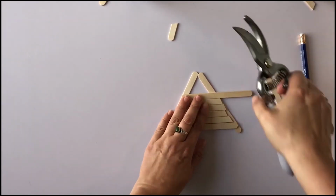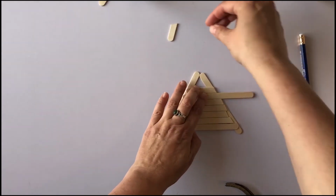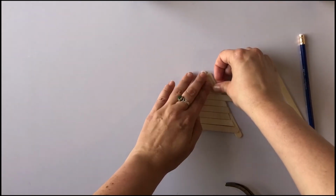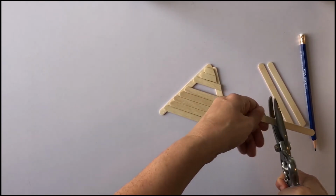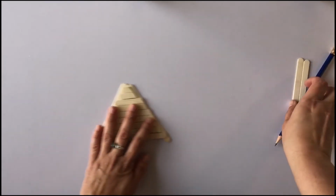There we go. You can see even with this one, this is when you start being able to use them on top, just like that. And one more to chop off. And there we go. That's our roof done. So we get rid of that bit. And now what we have